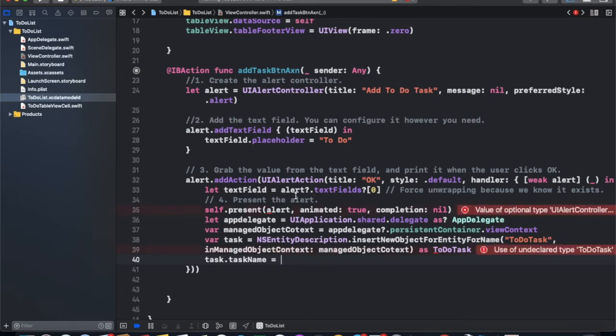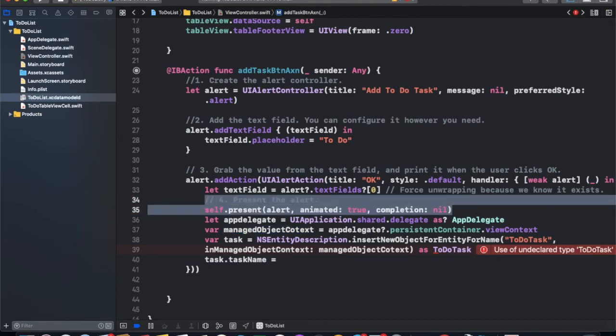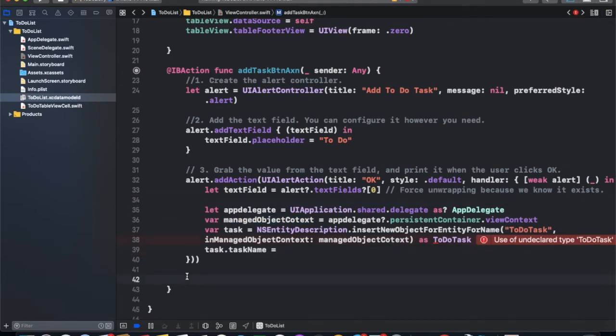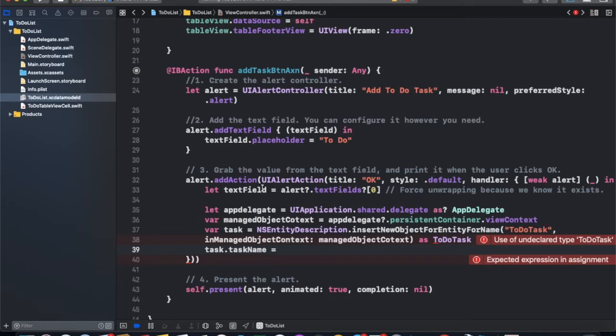Other task name is equal to text field text.